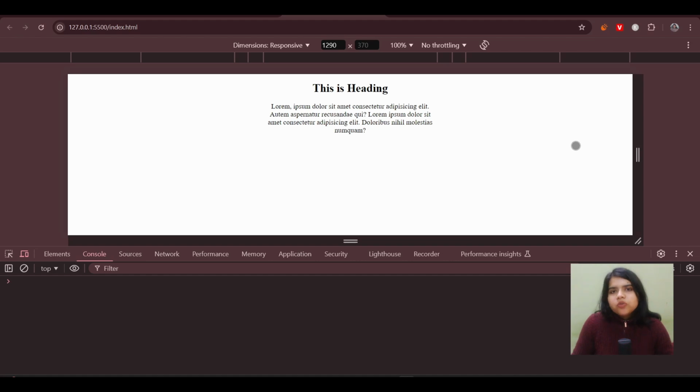A similar thing you can do with your width, height, margin and padding. You can give them a minimum size, a maximum size, and in between you need to give